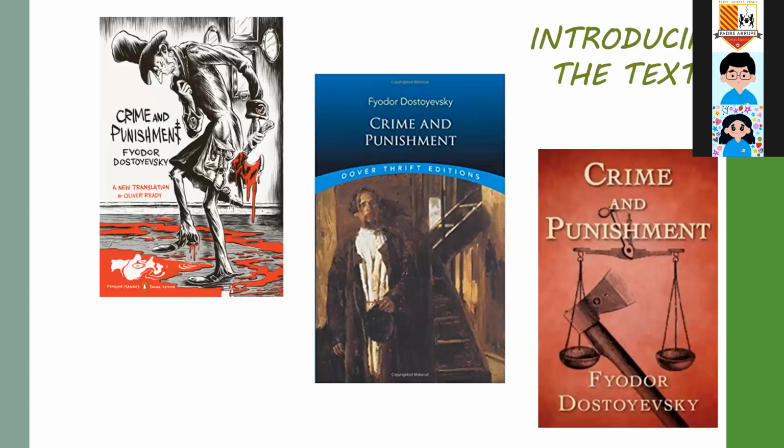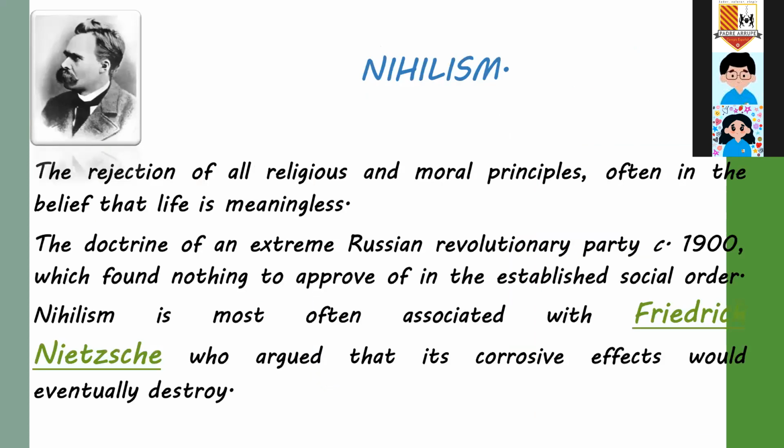In order to understand the text, Crime and Punishment, it is important to know that Dostoevsky was a very, very religious guy. He was very Orthodox. He was an Orthodox Catholic person. And that's why he criticized nihilism. Basically, the main character of Crime and Punishment, Raskolnikov, represents nihilism, but at the same time, he represented Dostoevsky's ideas,